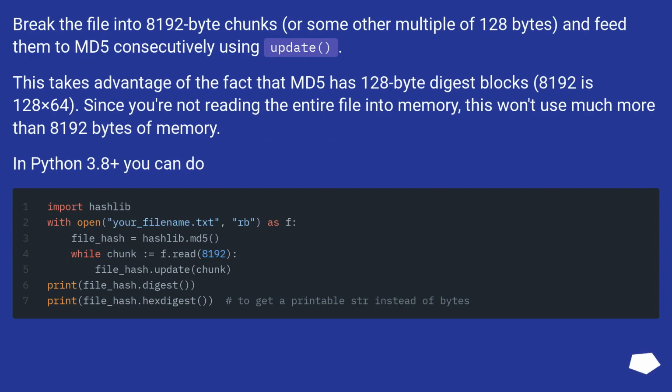Break the file into 8192 byte chunks, or some other multiple of 128 bytes, and feed them to MD5 consecutively using update. This takes advantage of the fact that MD5 has 128 byte digest blocks. 8192 is 128 times 64. Since you're not reading the entire file into memory, this won't use much more than 8192 bytes of memory. In Python 3.8+ you can do: